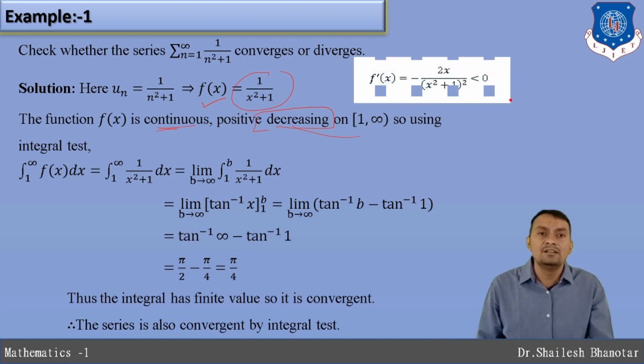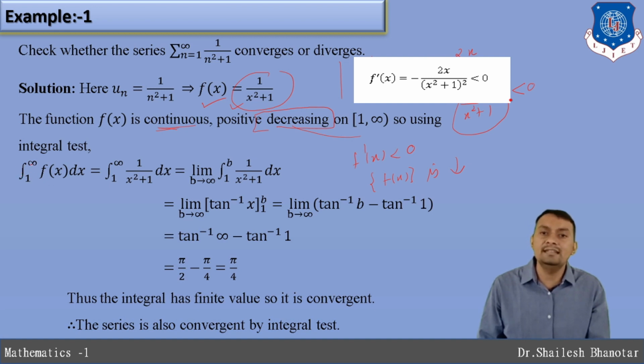How can we say that this sequence is decreasing? For that, we just determine the first derivative. So what will it be? If f dash x is negative, that means the sequence is decreasing, and we will keep that criterion in mind. Therefore all the conditions of the Cauchy integral test are verified, and according to it we can say whether the series is convergent or divergent.